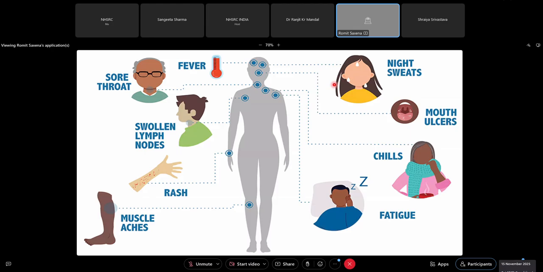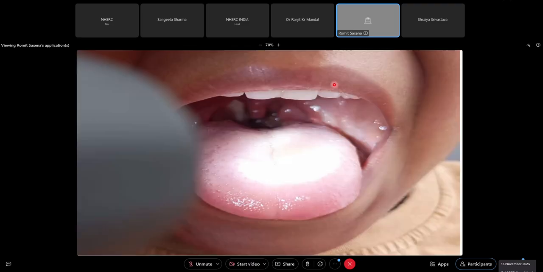And in kids specifically, fortunately or unfortunately, they give a lot of symptoms and signs. Though they will not tell you what is wrong, a good pediatrician, by examining lymph nodes, rash, muscle aches, exhaustion, difference in level of activity, by doing a systematic examination, can get to what organism you are dealing with. For example, a patient comes to you with high grade fever. If you forget to look at the throat, you will obviously miss that this patient actually has tonsillopharyngitis, and this patient will keep on coughing and spreading the infection as a communicable disease.